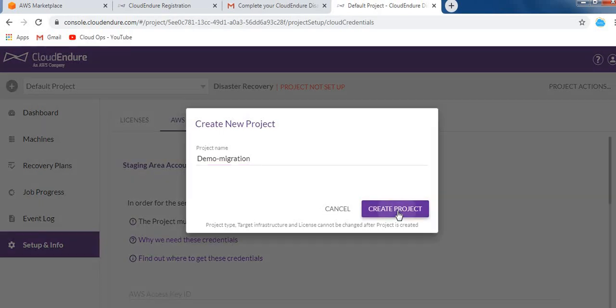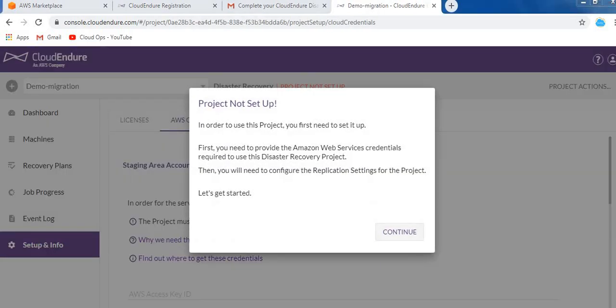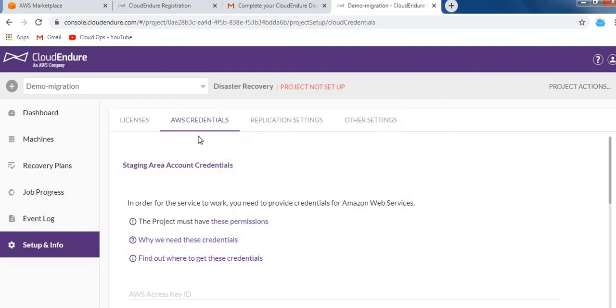Okay, create the project. Once you create a project, it gives me a pop-up message stating that my AWS account is not set up. So click on continue. Here is the option where you can add your AWS credentials.